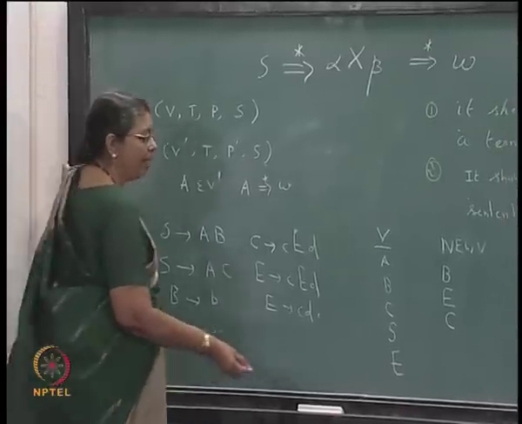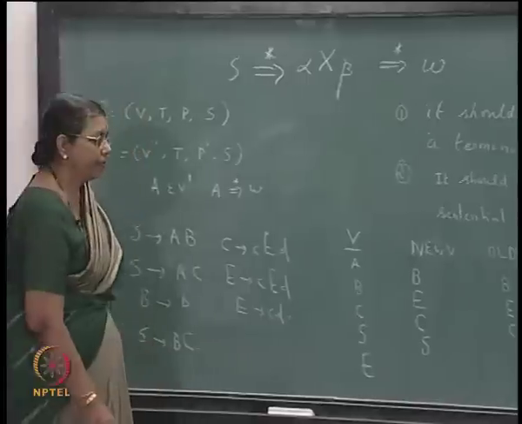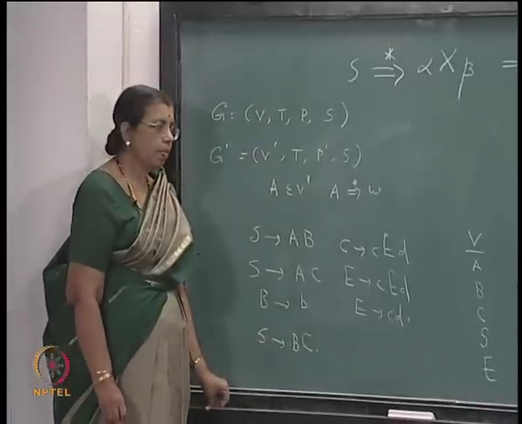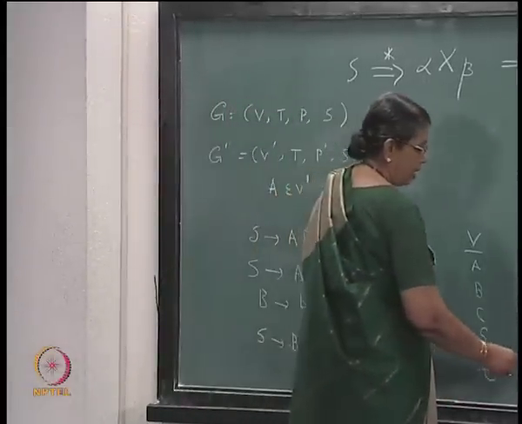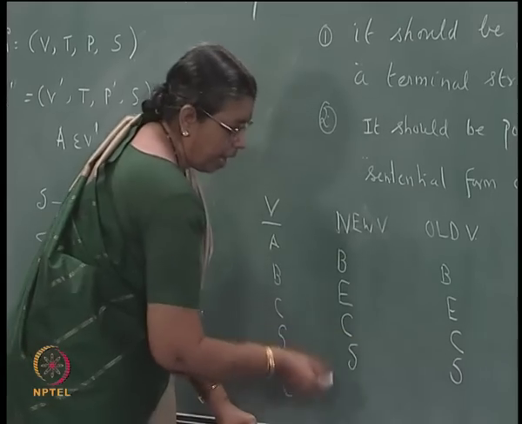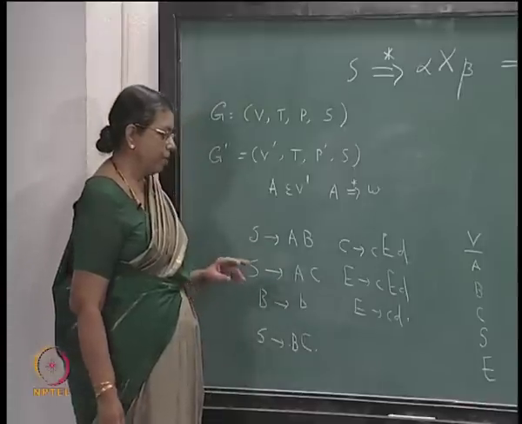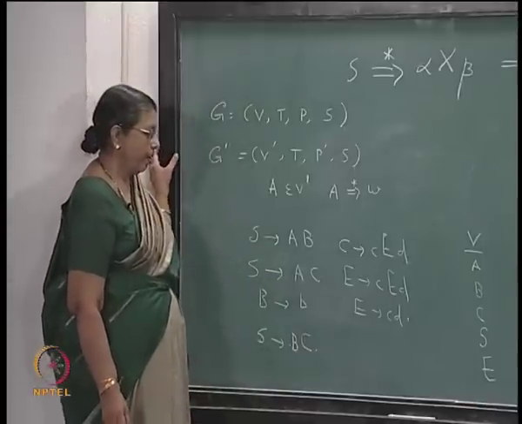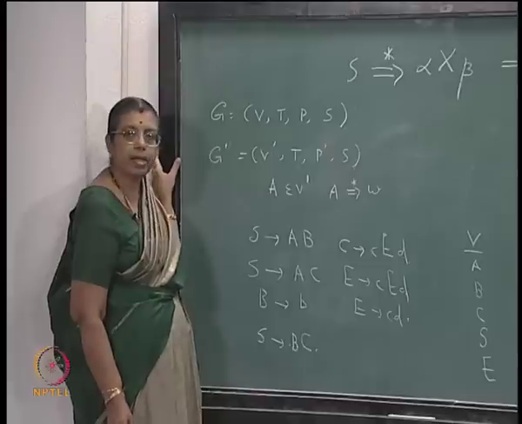So, S will be added here. Now, after adding S, again in the next iteration old V will have S and new V will have this, and just find out whether any more symbols can be added. You cannot add any more symbol now,